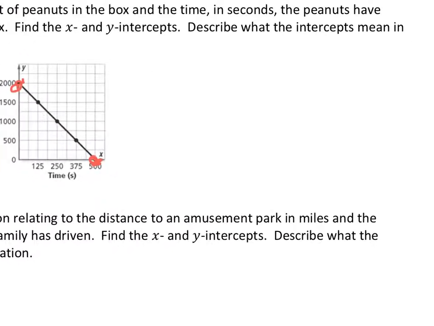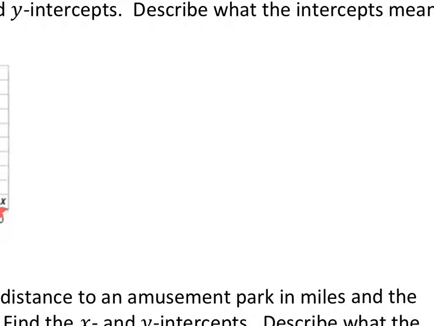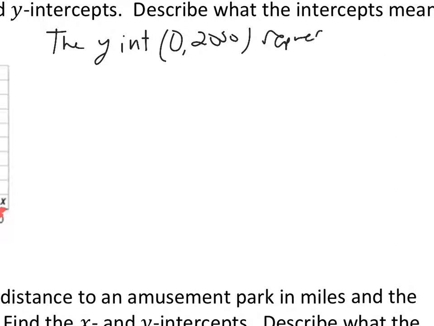Describe what they mean. All right, as we look across the coordinate plane, we come across the y-intercept first. So I'm going to start with that. The y-intercept, which again, where x is 0, is 2,000. Okay, so now what does that mean? That means that, again, we're talking about pouring peanuts. So at time 0, the box weighed 2,000 ounces. We can't say time 0, so what does that mean? At the beginning, something of that nature. So the y-intercept, 0, 2,000, represents